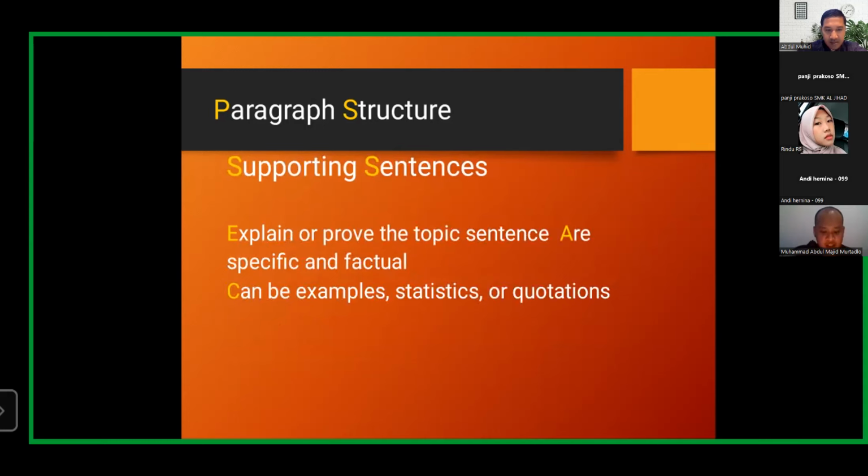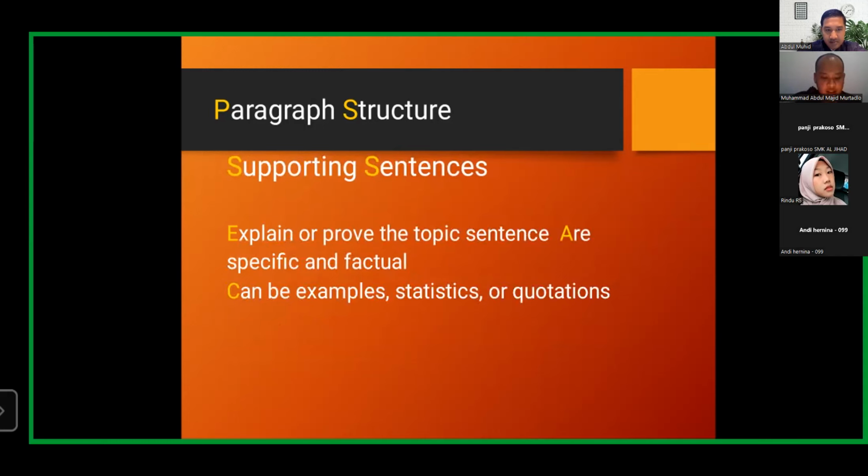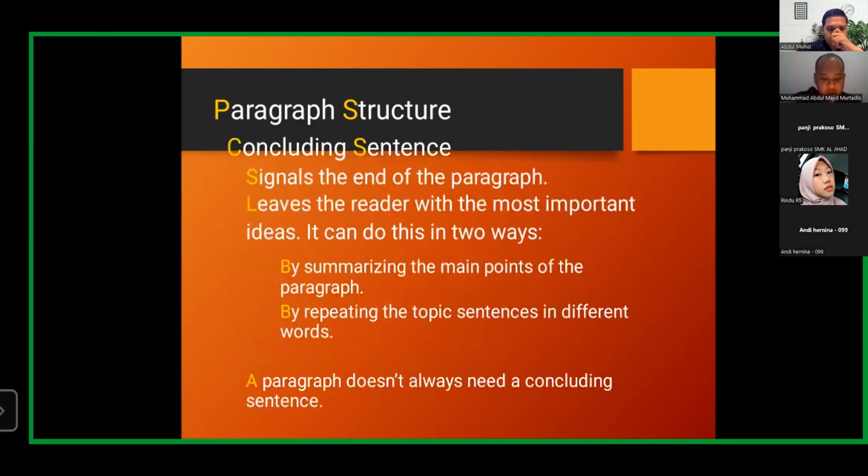The supporting sentences explain or prove the topic sentence and are specific and factual. They can be examples, statistics, or quotations. Paragraph structure. The concluding sentence signals the end of the paragraph and leaves the reader with the most important point.